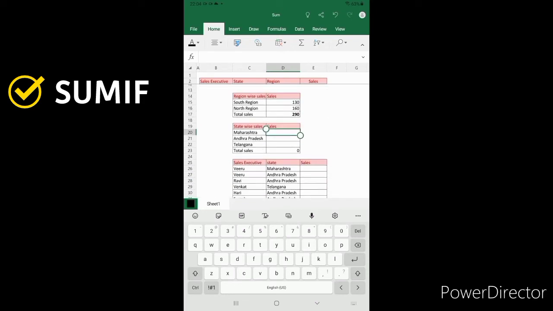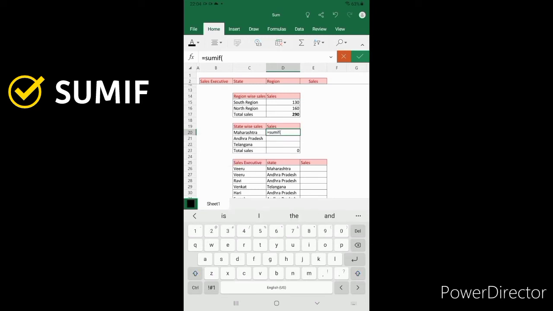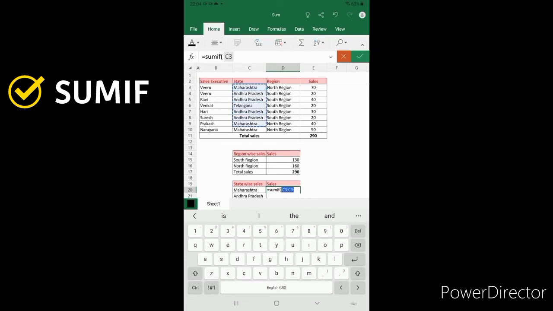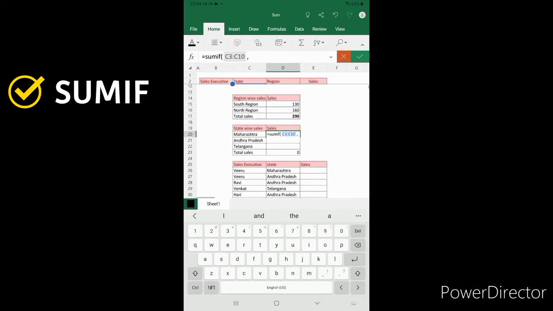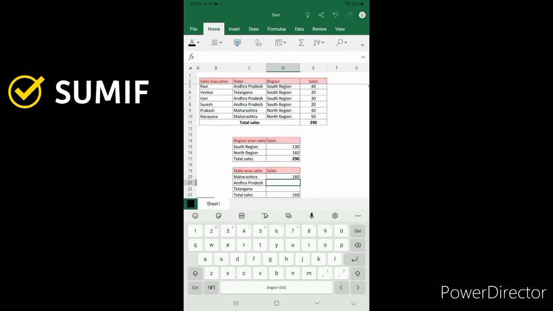Now if the manager wants to know the state wise sales, the same formula we have to apply here: equal to SUMIF, open bracket, select the state range, comma, select the state here, comma, and the total range of the sales.